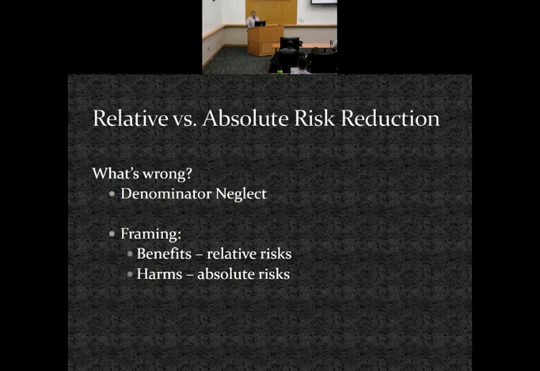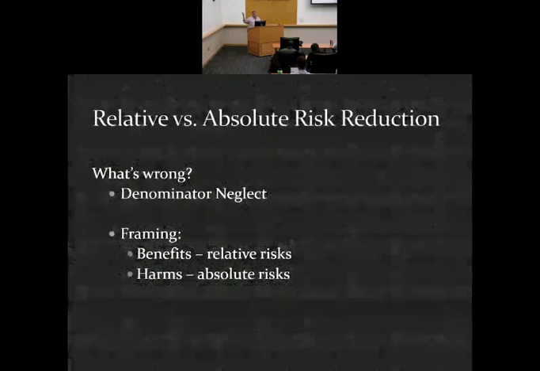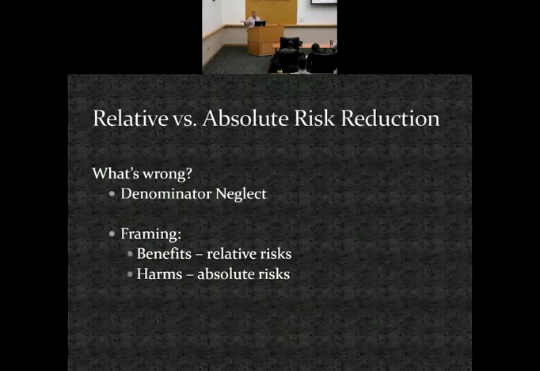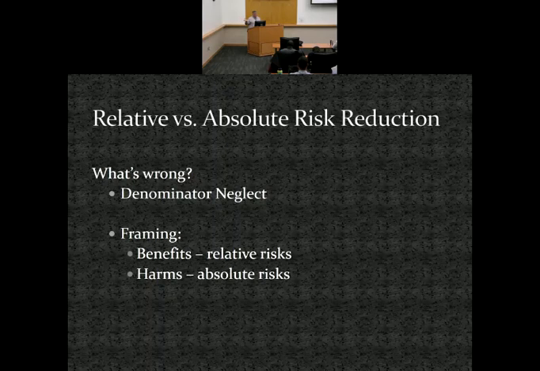So what's wrong? In psychology, they coined this term denominator neglect. Anytime we hear a percentage, and they've done studies in physicians too, we do the same thing. You hear a percentage and you automatically put 100 as the denominator, or you ignore the denominator and assume that's out of 100 people. So you hear 100% reduction, and people think that means everybody dies if they take these, or everybody has a blood clot. And this is a problem.